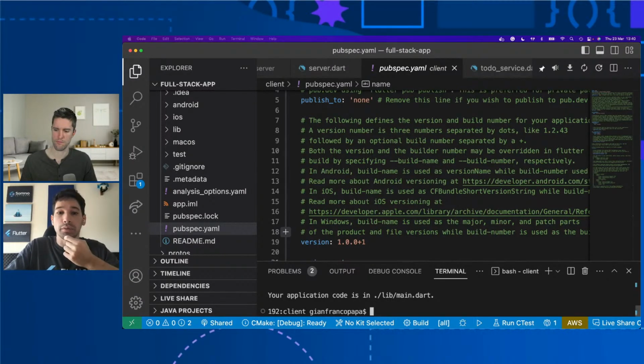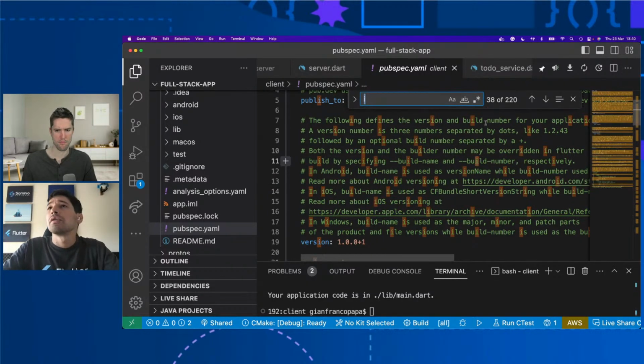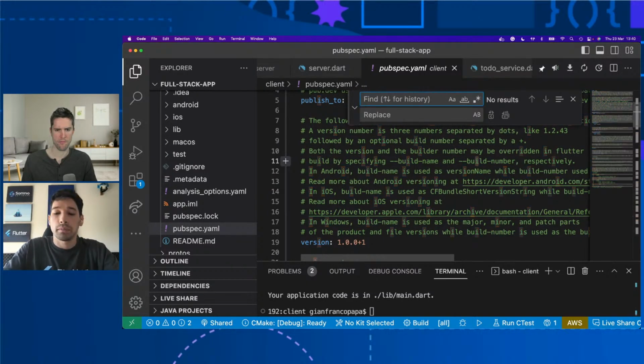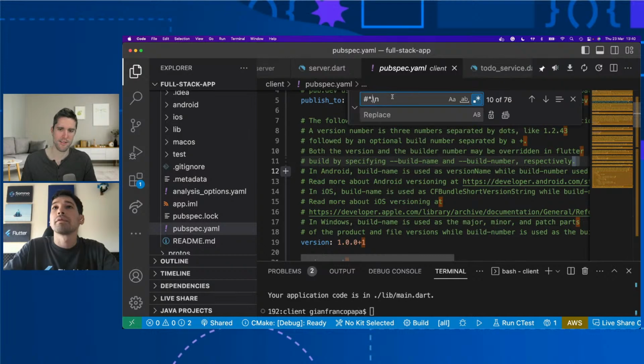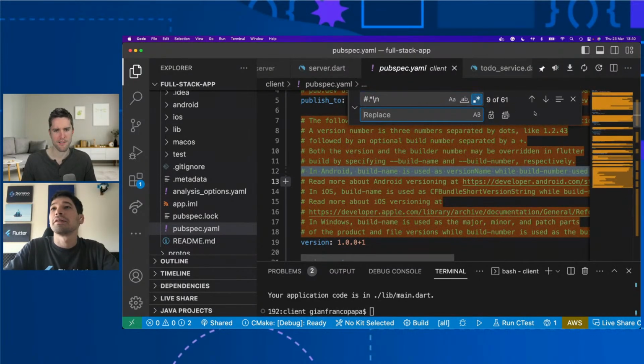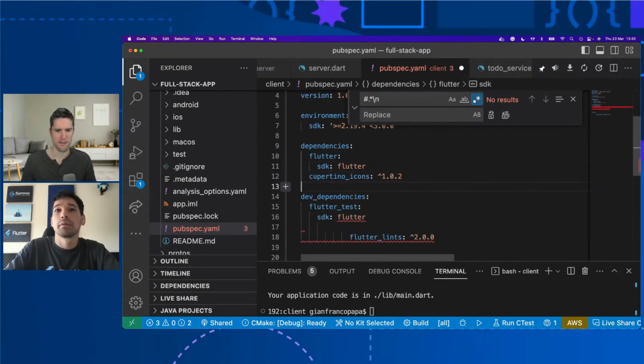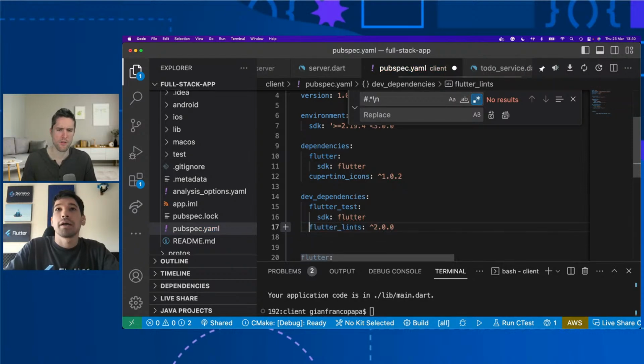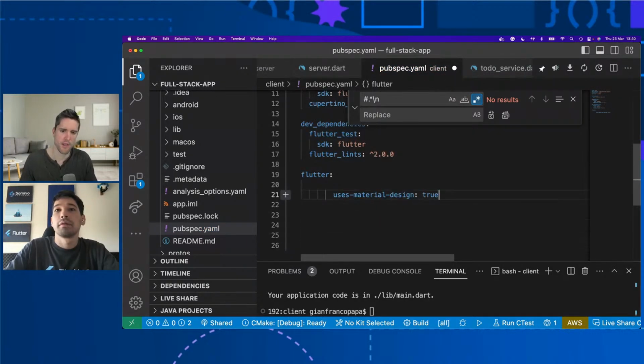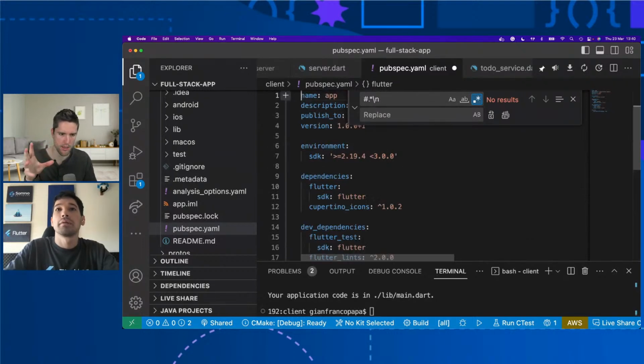So maybe what we can do right now is to clean this pubspec.yaml a little bit. We can use some regular expressions to clean this up. So let's put, I think the notation was just like this, right? And you have to select the regex, right? You're looking to get rid of all the lines with comments. Yeah. Is it not auto formatting for you? Generally I think you should replace that with a new line, because sometimes if you don't replace it with a new line, it can squish things up.